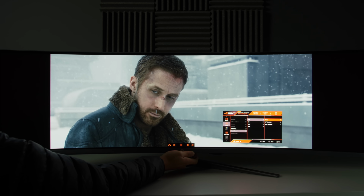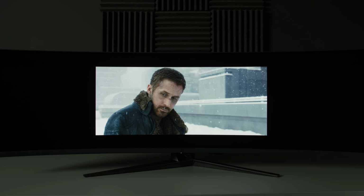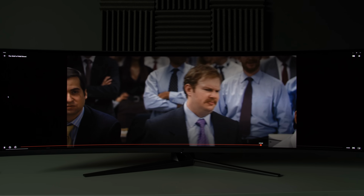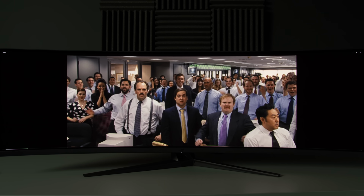For watching movies from an external Blu-ray player, again you have to select 27-inch simulation to display the whole picture in the correct aspect ratio, although of course the lack of VRR won't be a problem here. Watching films from a PC, for instance on Netflix, was more straightforward with the correct presentation, as long as you set up both your PC and the monitor to display the full